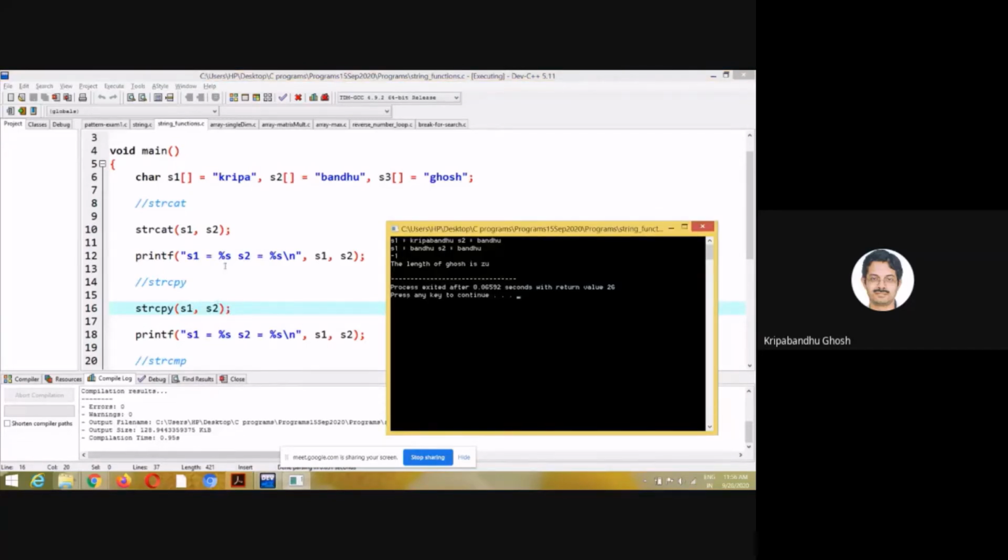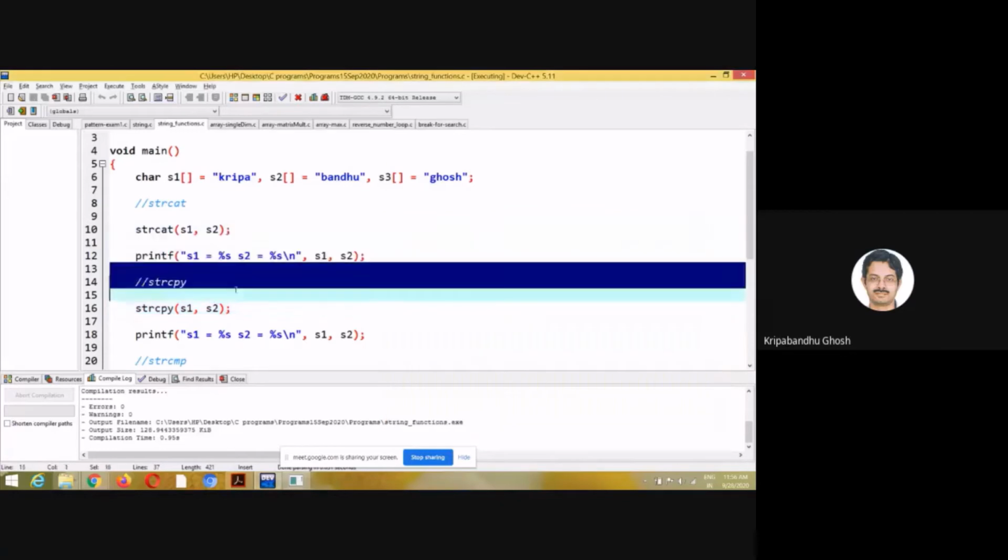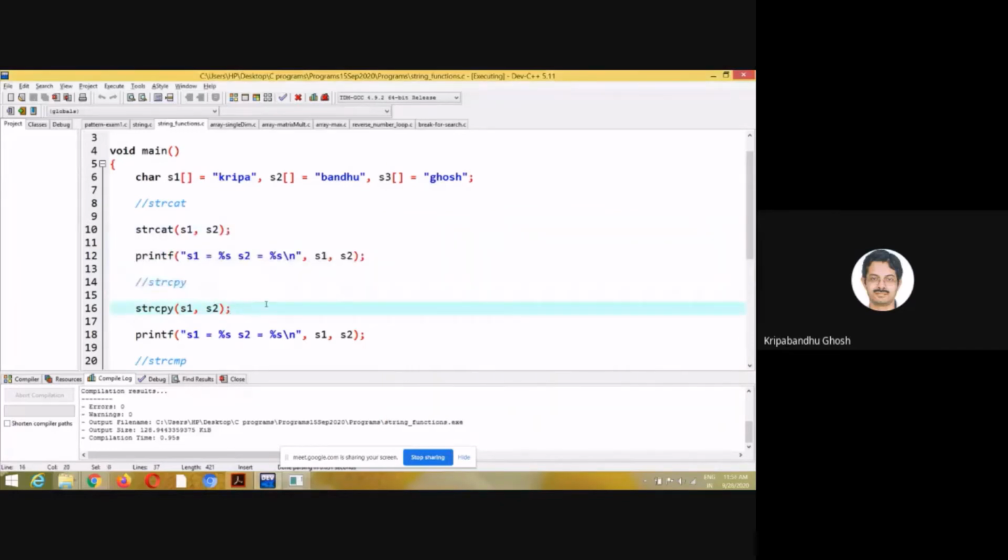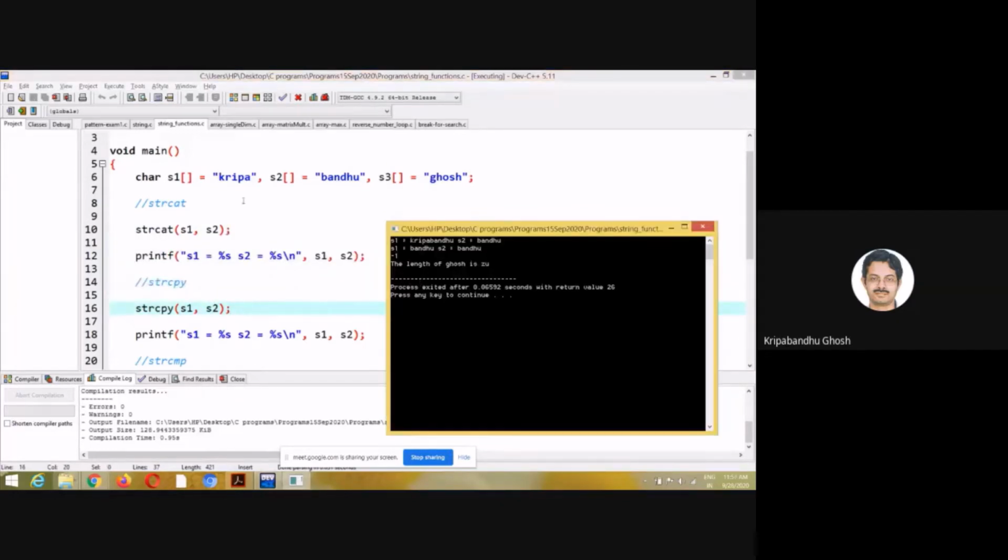So in this case, S1 is Kripa Bandhu after this line. If I copy this, S2 will be copied to S1. Keep in mind that the right hand side is never affected. Only the string on the left hand side will be affected. So S1 will now become Bandhu because S2 is Bandhu, and S2 will remain as Bandhu.